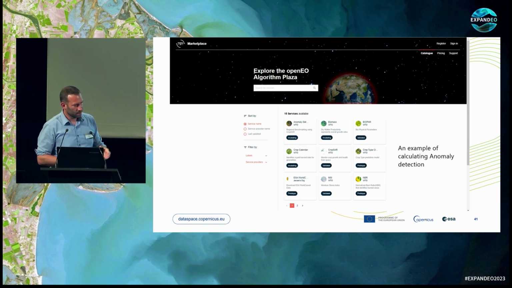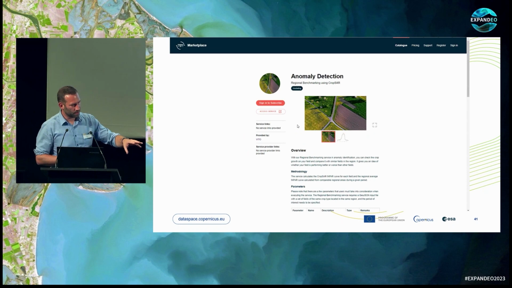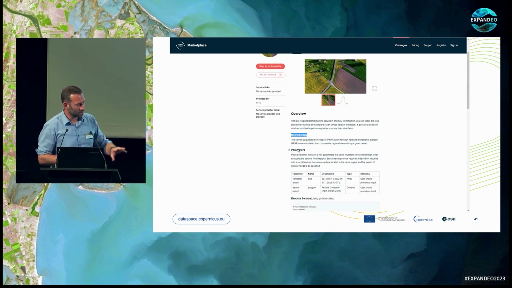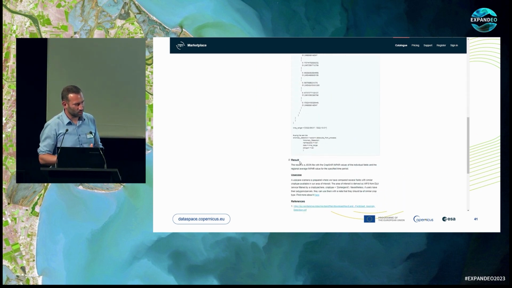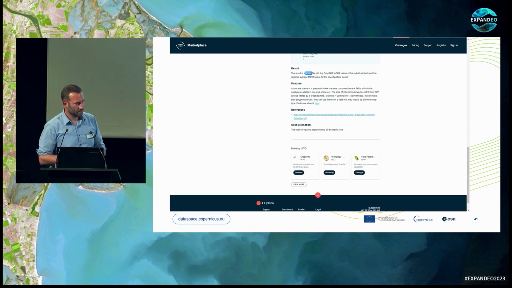synchronous processing. And this is the algorithm marketplace. So this is not really the final branding, I would say, but this is, for example, a service anomaly detection based on OpenEO with some sample code, with some explanation on what the algorithm does. And you can really use it as a building block.